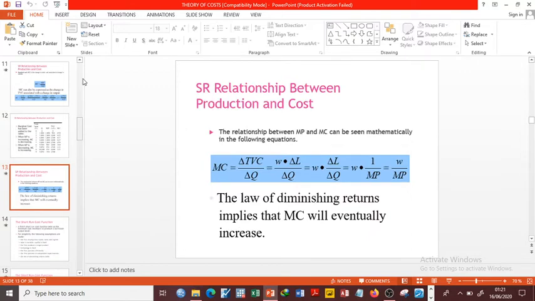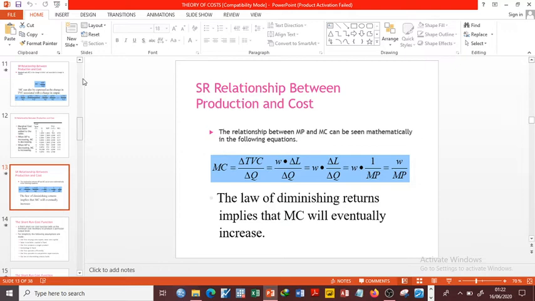And here we are just basically playing around with the formulae, but at the end of the day, it is the same story. We have to know that marginal cost is the same as change in total cost over change in output. But in this particular case, since our total cost was only considering the total variable cost, it therefore means that marginal cost will be change in total variable cost over change in output,